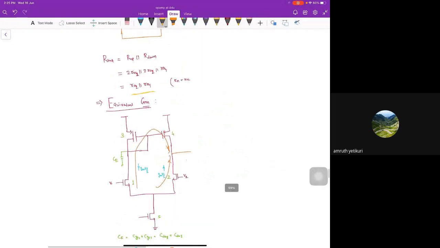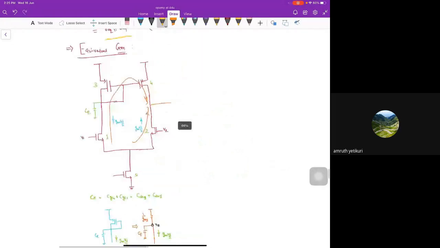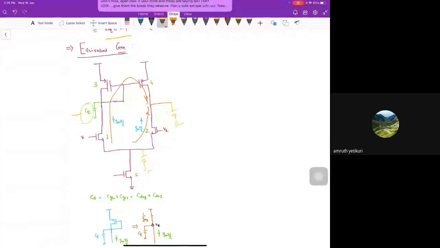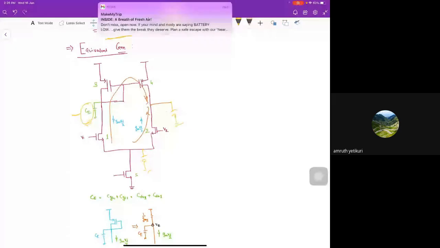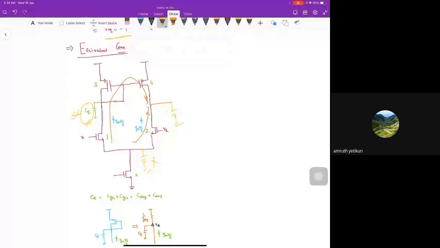And if we see the equivalent Gm by considering the capacitance, at every node we have a capacitance. Here also we have a capacitance, including the load capacitance and parasitic capacitance. Here also there is a capacitance, but the capacitance here is not significant, whereas the capacitance here is significant. Why? Because it includes